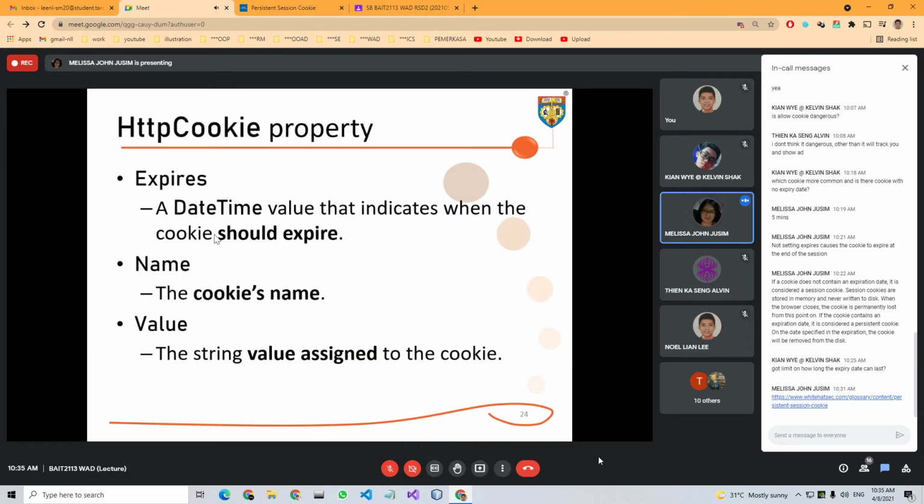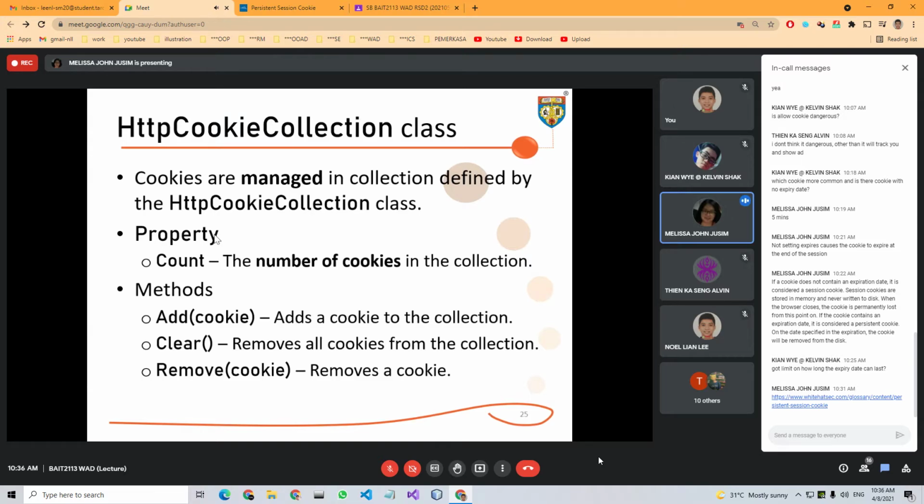We have the Expires property, the Name, and also the Value. Now there's another class, the HttpCookieCollection. Here, the cookies will be managed in a collection that you have instantiated from this class.